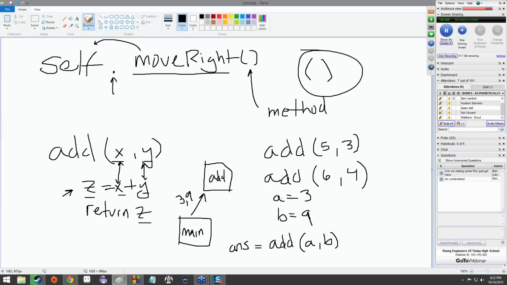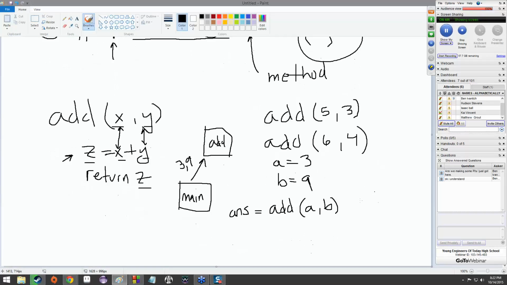So we've got A equals 3, right? Then we got B equals 9. So that's what's going on here. Let's actually break this down step by step. I'll scroll down a little bit. So step 1, we're just looking at basically this line of code right here. Step 1 is the variable answer is created.